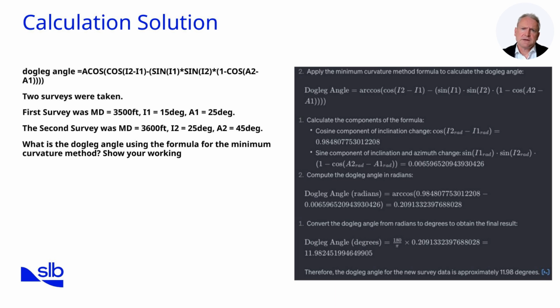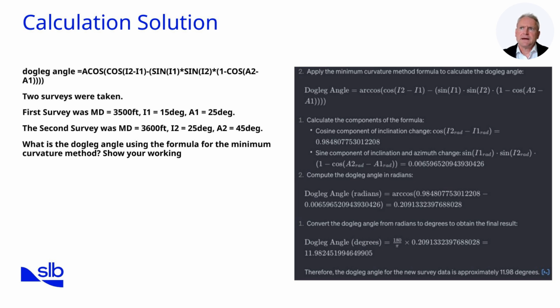Now, refer to the worked example on the slide as I work through it. First, let's apply the formula for beta, or dogleg angle. The best way to do this is to break down the different components of the equation, calculate these, and then calculate the full equation. So the first component of the formula is the inclination change, which is the cosine of the second inclination minus the first inclination. This is 0.9848. The second component is 1 minus the cosine of the azimuth change. Then multiply this by the sine of the initial inclination times the sine of the second inclination. This is